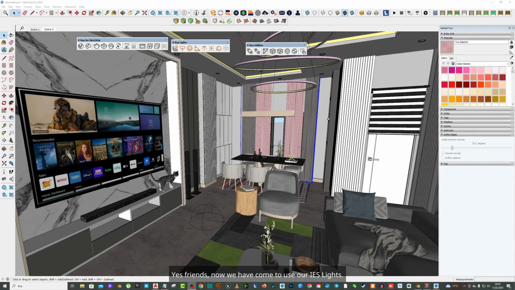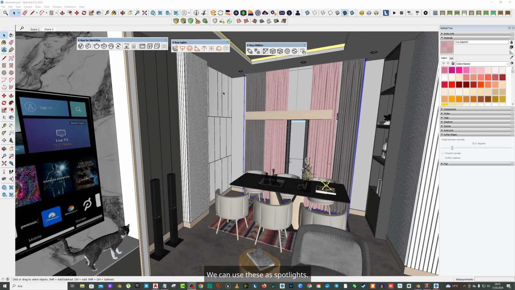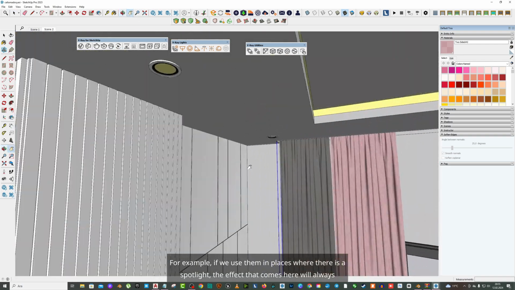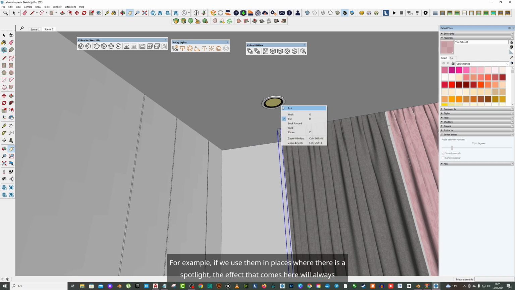Yes, friends, now we have come to use our IES lights. IES lights, friends, are actually a type of light. We can call it an effect light, known as an overhead light. We can use these as spotlights. For example, if we use them in places where there is a spotlight, the effect that comes here will always